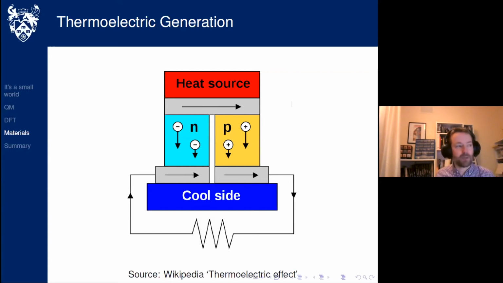The realistic explanation is slightly more subtle, but this will give you the basic idea. At the hot side, all of the charge-carrying particles, which are electrons in one material, negatively charged, you can see that on the left in the blue, they heat up. And when they heat up, they start to move, and they move in all sorts of directions. In the cold side, they don't move so much. And so that means that over time, the electrons will move from the hot side towards the cold side.